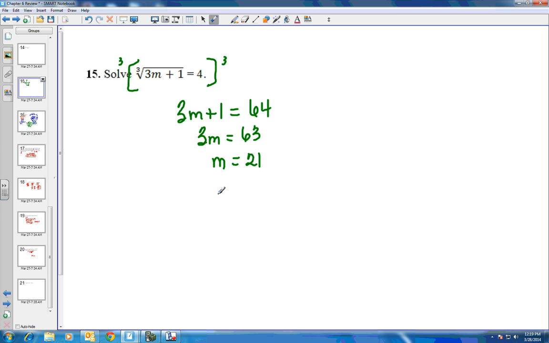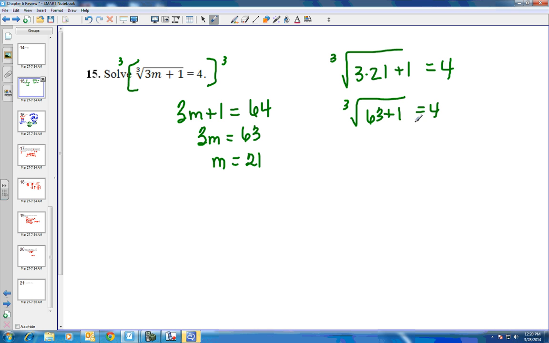So we have to check it. When I check it, I have the cube root of 3 times 21 plus 1 equals 4. 3 times 21 is 63 plus 1 equals 64. Cube root of 64 is 4. So my answer